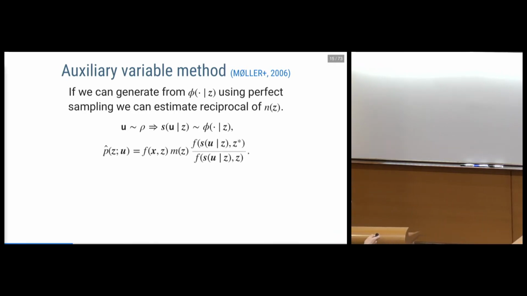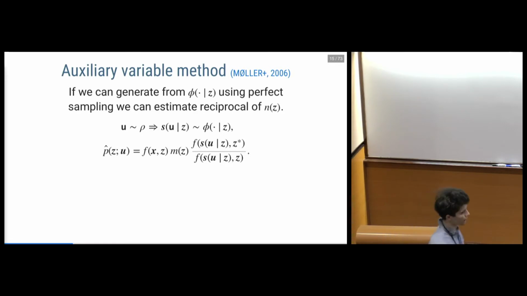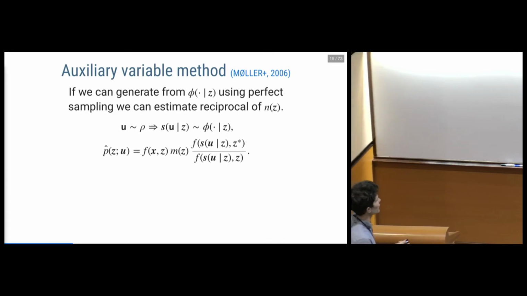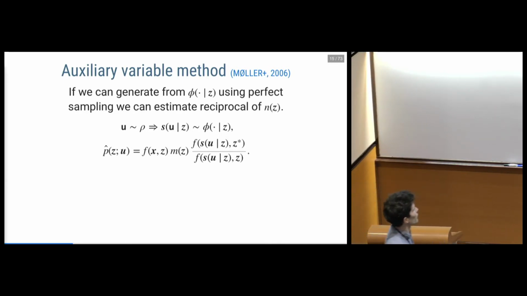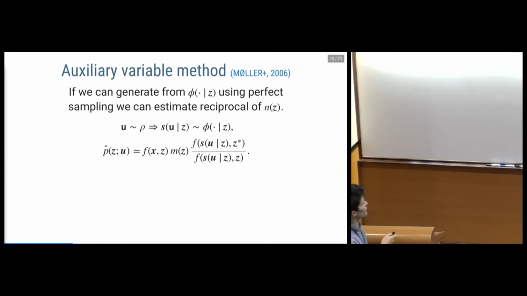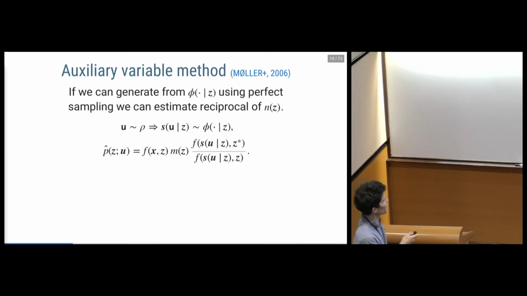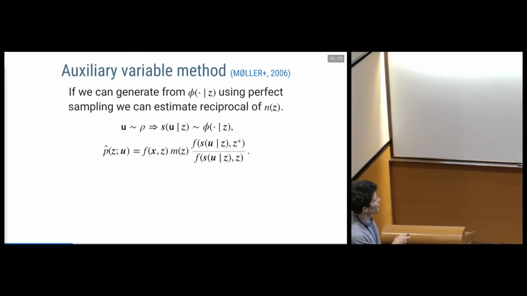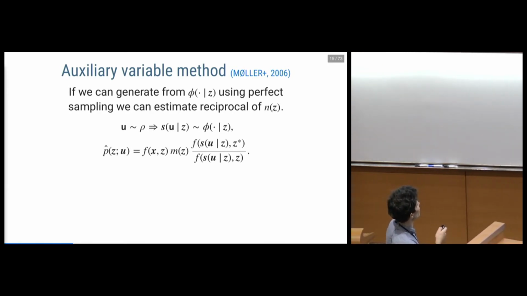So if we have access to a function like this, then an estimator which fits the form of the estimators we were looking at earlier is as follows. We have the original unnormalized density factor here, and the prior on our latent variables, on our parameters. And then we have this ratio between the value of the unnormalized factor evaluated at some set of reference parameters, divided by the same factor evaluated at the parameters we're currently at.